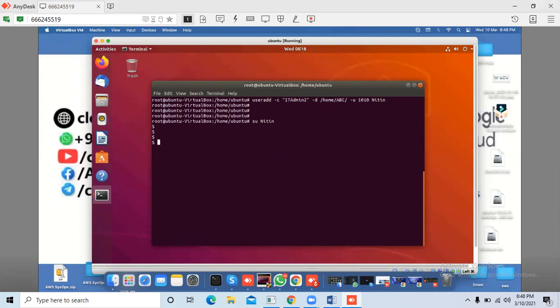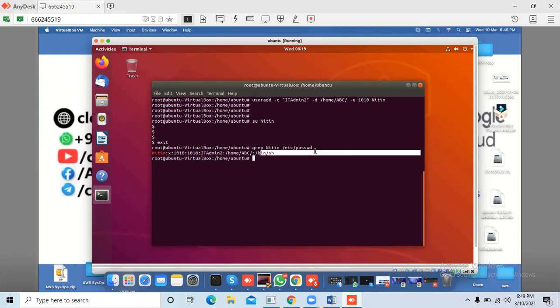Let's exit. Grep once again, /etc/passwd, and grep Nitin. Hit enter. So Nitin is added here, and this is the login shell.